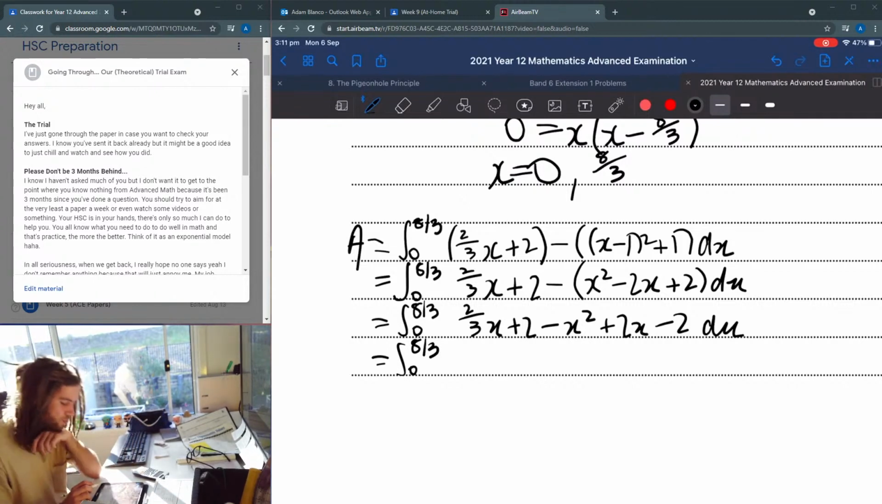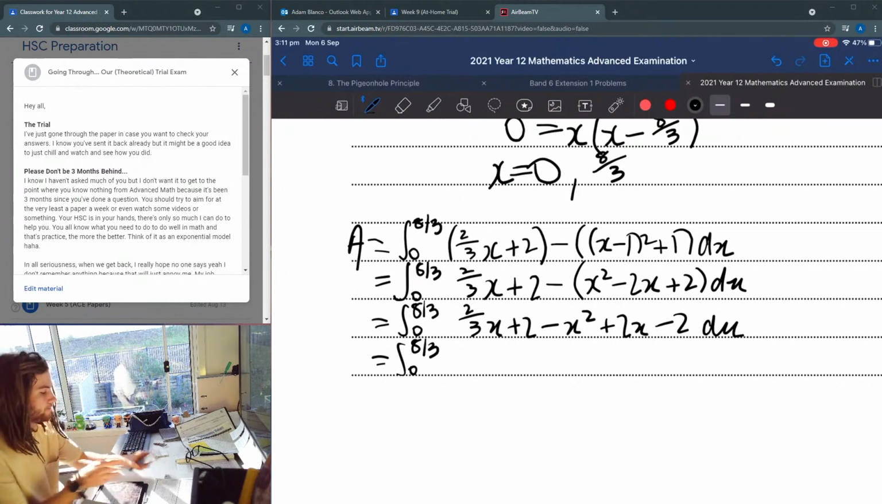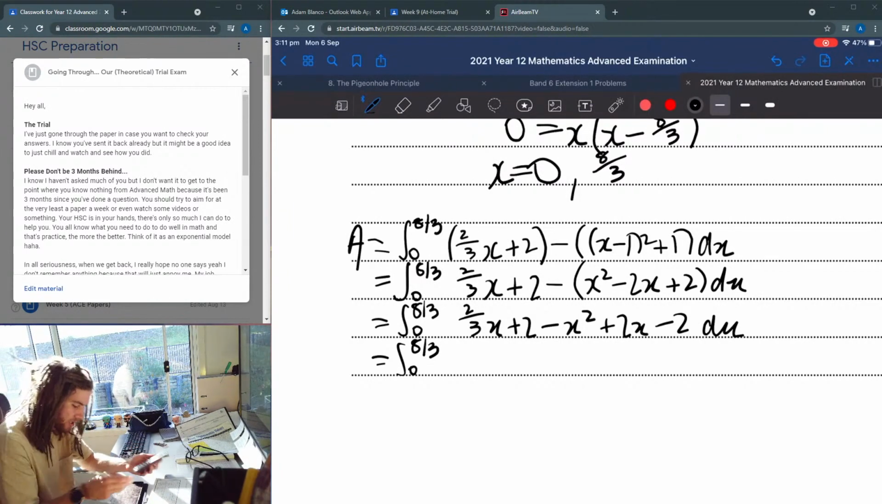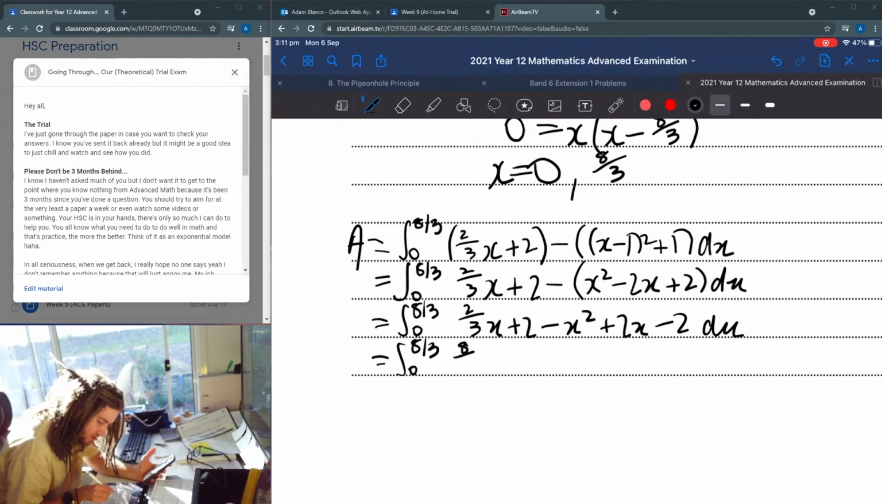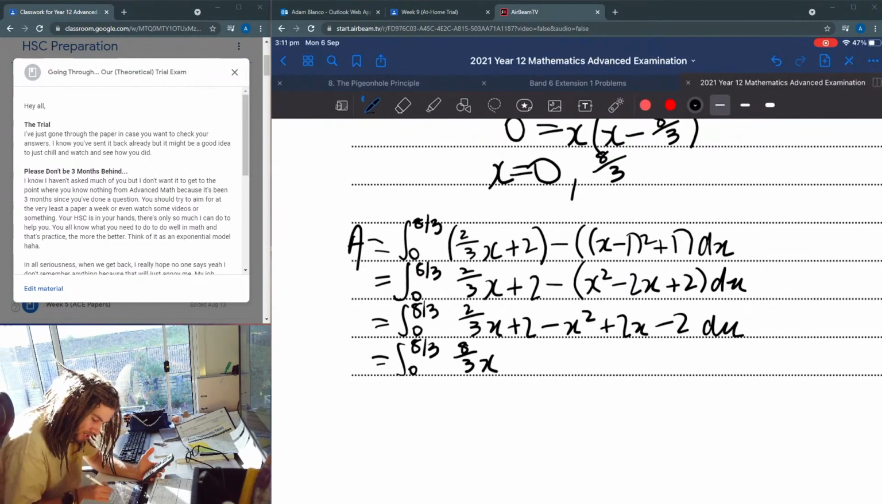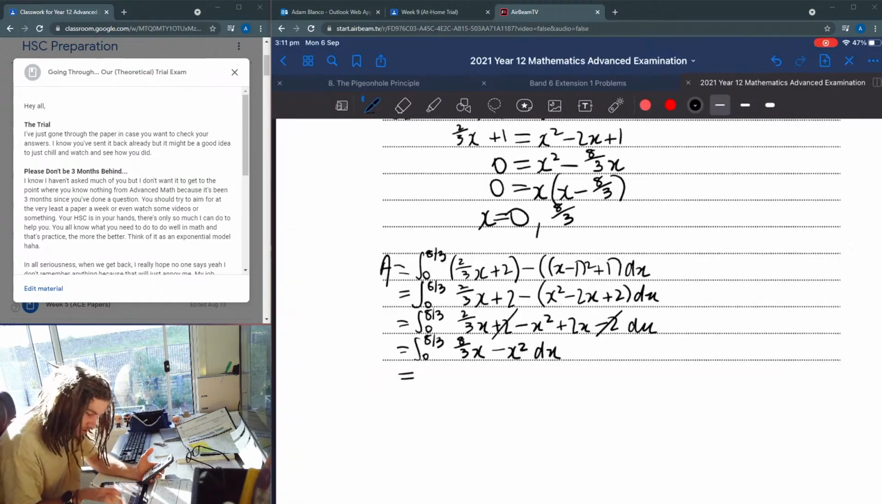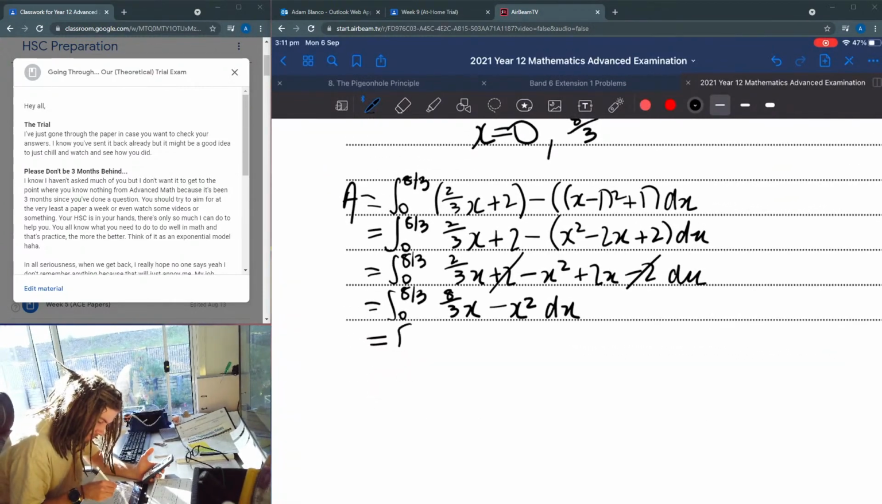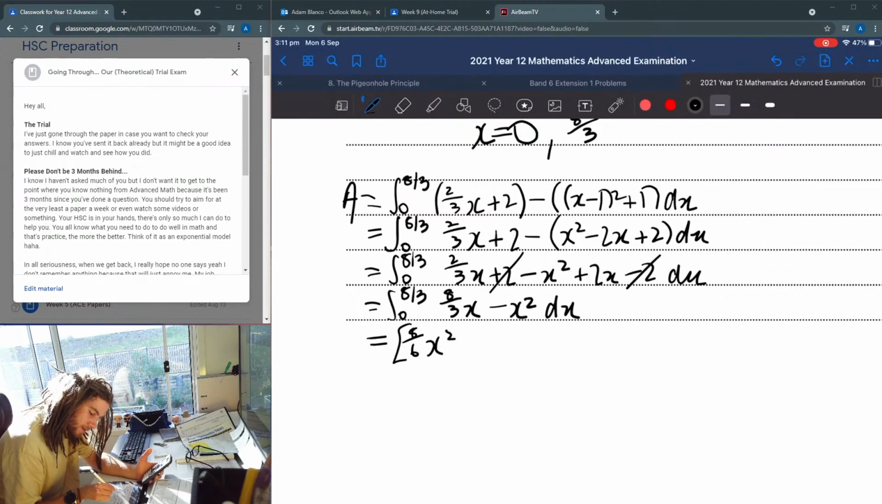Okay, 2 plus 2 on 3. Did I do that before? Yeah, 8 on 3. So 8 on 3x plus 2 minus 2. Cool, they're gone. Minus x squared. Okay, this is equal to the integral: raise it, divide by it, raise it, divide by it, between 0 and 8 on 3. That's equal to